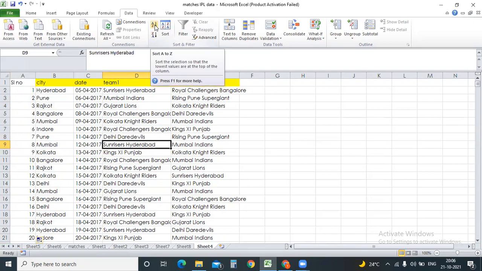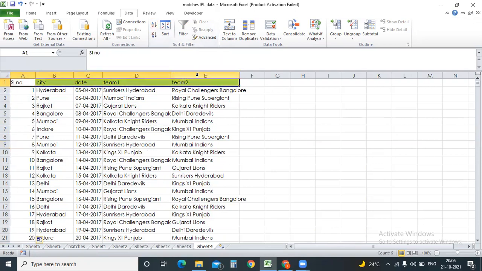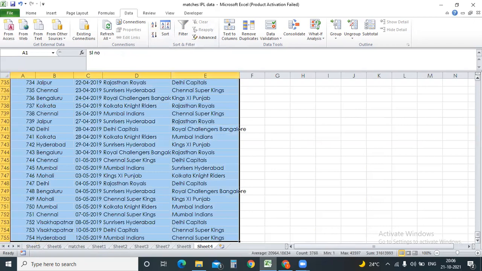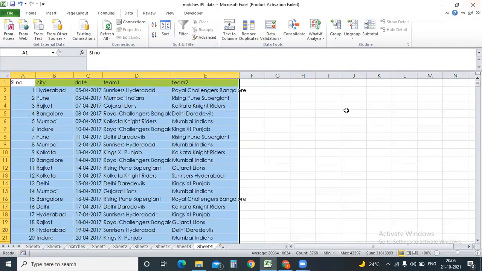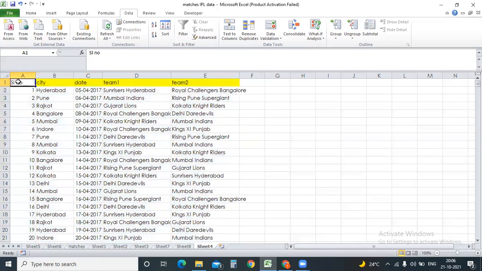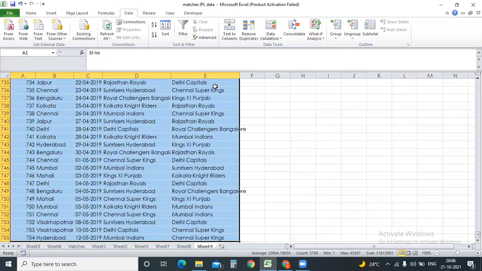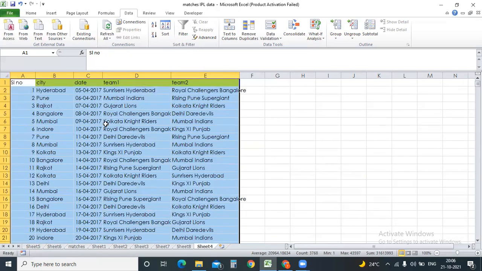Now we'll be talking about the A to Z sorting process. For example, let me select the data. If I want to sort my data, I select it with Control Shift Right Arrow and Control Shift Down Arrow, so that the entire data is automatically selected. There are multiple ways to select the data.